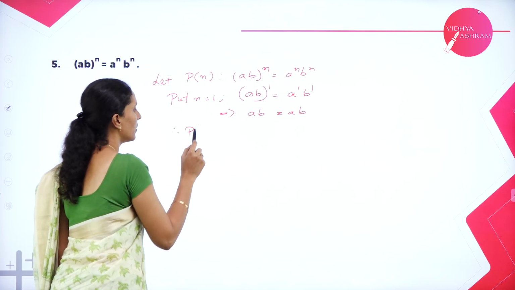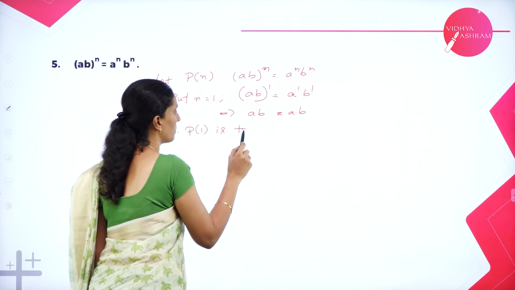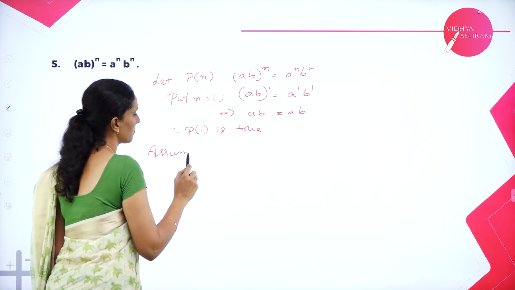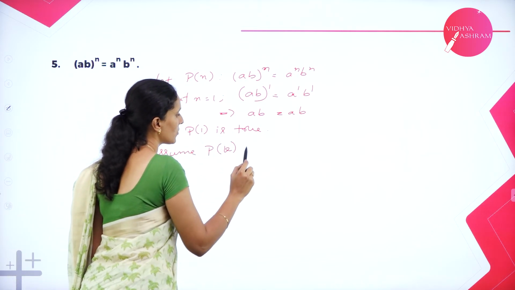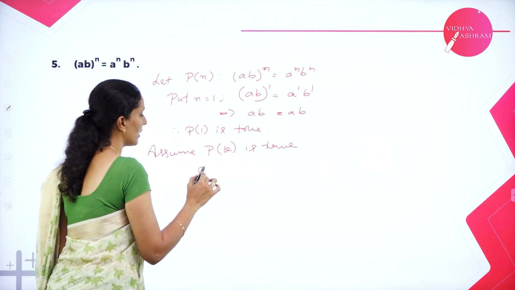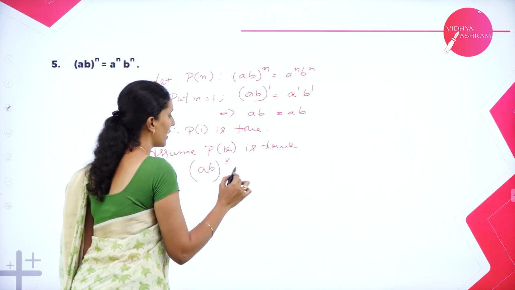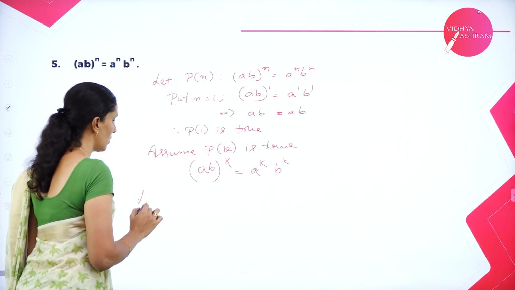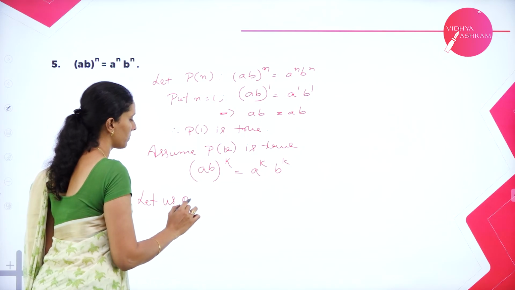So, therefore, P of 1 is true. So, assume P of k is true. If P of k is true, then ab to the power k must be equal to a power k, b power k. So, let us prove for